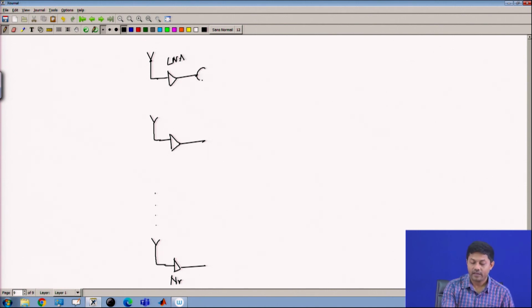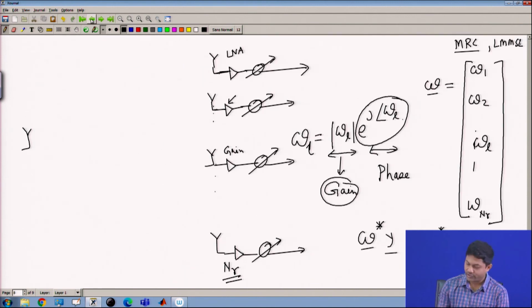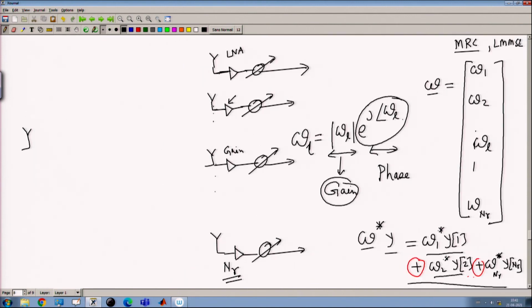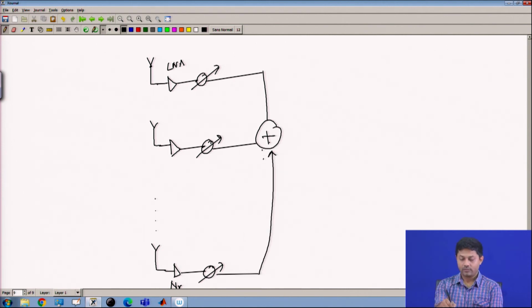Okay. Then I put a phase shifter. I just redraw the circuit. I do not want to delete the other content there. Then what I do? I just add them up, right, because this is what it is suggesting me. After multiplication, I add them up. So, I put an adder. Now, what is this adder? Is it in RF domain or digital domain? It is in RF domain, right, because I have not put ADC.